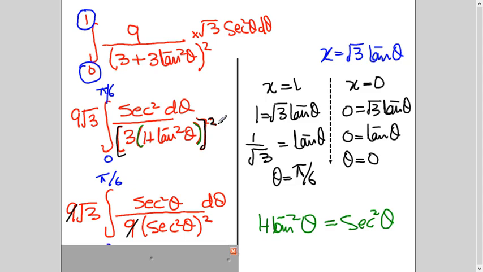Sorry, this 3, because it is a square, it will become 9. So 9, and this is tan square theta, and this square outside will come here, right? And 9 is cancelling with 9. So now this sec square theta, I can cancel with this, and I will be left with